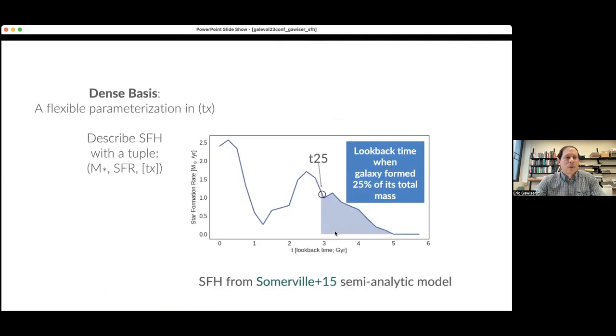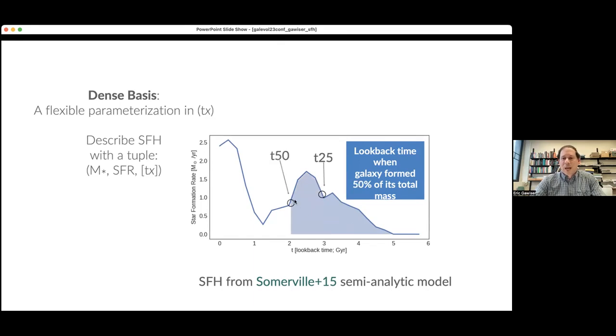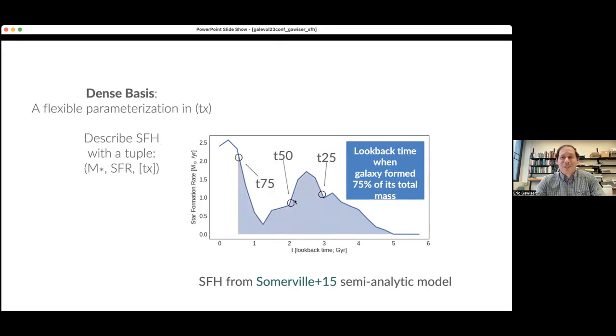Here's an illustration of what we're talking about with star formation histories. T25 is the look back time, looking back from the present, in this case for a galaxy at redshift 1, so the Big Bang is here, to when it formed 25% of its total mass. T50 is when it formed half its mass. You can figure out what T75 is. That's the basic idea. That would be 3 Tx parameters in our tuple, along with stellar mass and star formation